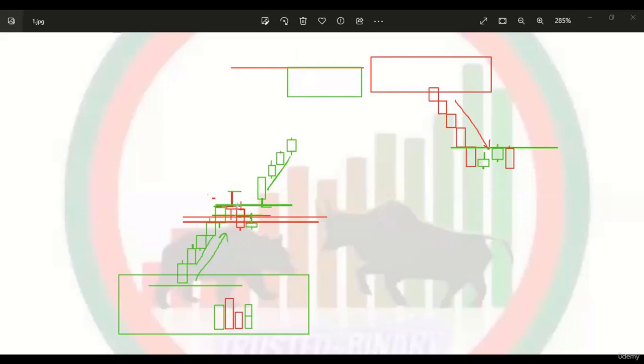Because it already creates the opposite pattern here, an inside bar pattern in a downtrend market. There is more possibility that if we face an extreme seller entry point area, it may create a lower high and a down market movement, high, low, lower high, lower low. It will create that type of situation. And when we see this type of situation happen here, that breaking the upper